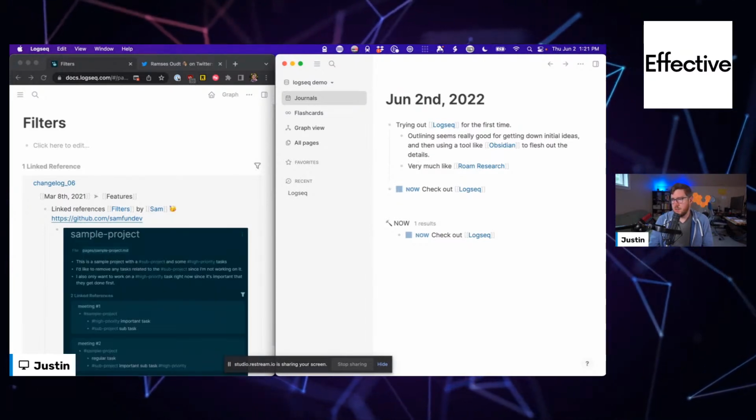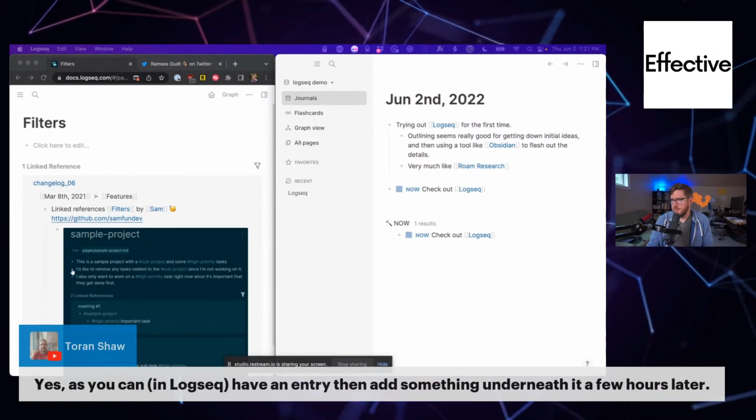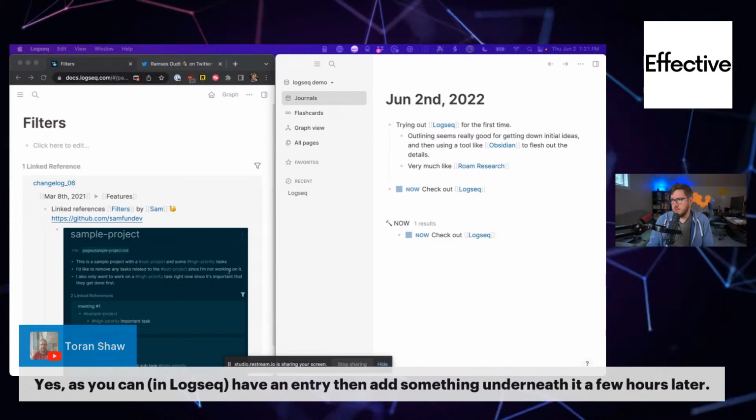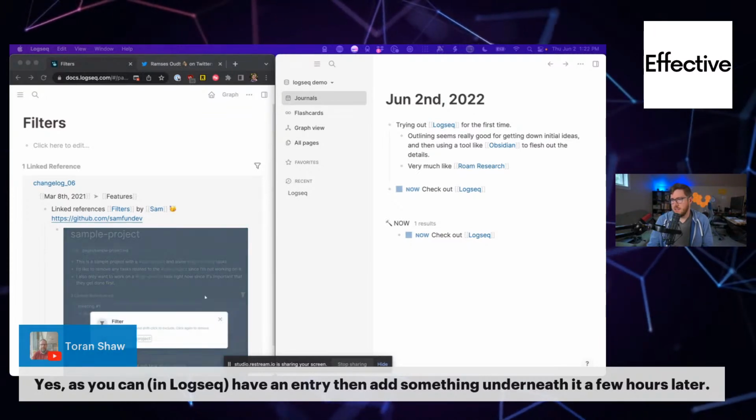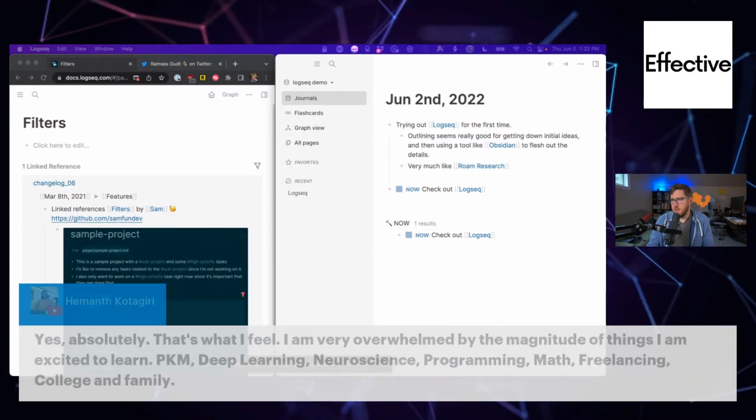Yeah, let's see. Torin mentioned previously, you can have an entry, then add something underneath it a few hours later. I love that. It's so much easier to do that in an outline format. And then also,